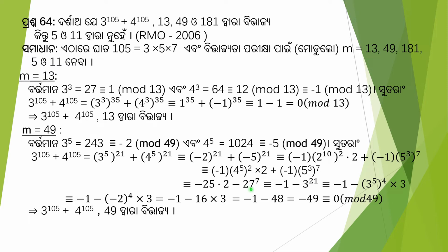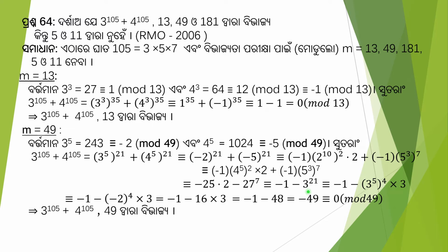So we get 27^7, that is congruent to -1, because -25 × 2 = -50, and -50 is congruent to 1. So -1 minus 27^7, in place of 27 we write